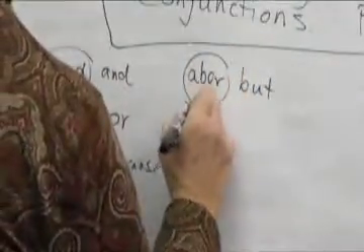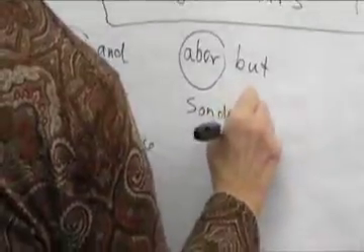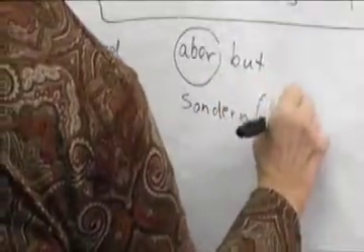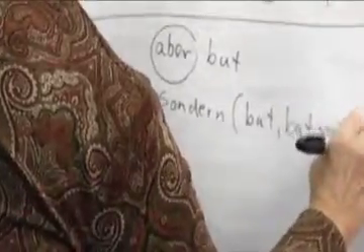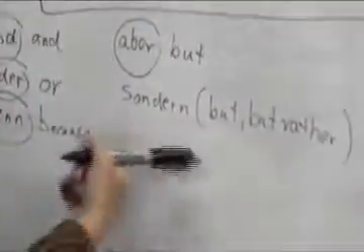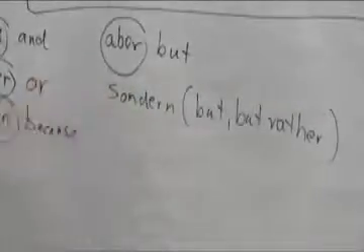Then we have the conjunction aber, that means but, and the conjunction sondern. And this means also but in the sense of but rather. And it's usually used when you have a sentence preceding it that is negative. Okay, so